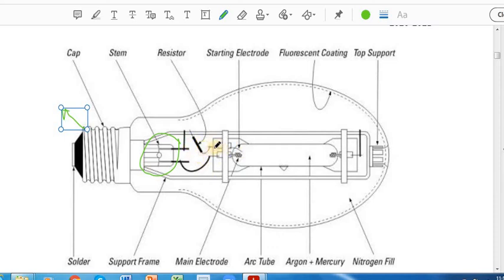So the resistor will manage the current intensity, and this part is the main part. I will not go much into the physics, but this part is the main part. I'll come back to this part. And this is the chamber in which you have mercury vapors. This is the chamber in which you have mercury atoms, but because they are at low pressure, you don't find mercury in liquid form, you will find the mercury vapors.